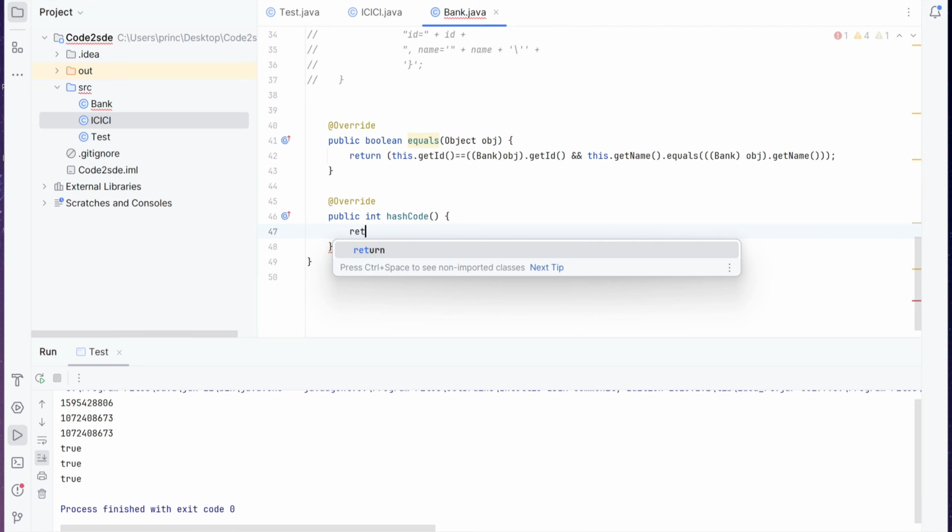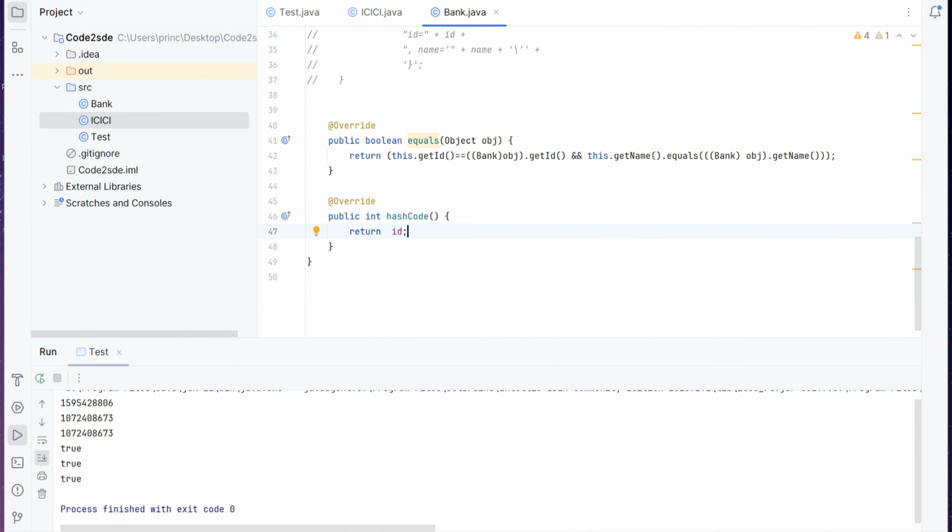If you don't have any primary key, you can create one in your object when you want to override the hash code method. Right now, I'm considering that id is unique for every object, and we are also checking whether id is the same in the equals method. So now this should work fine. If your object has the same id and same name, it will return the same id for hash code also. If it is different, it will return different.